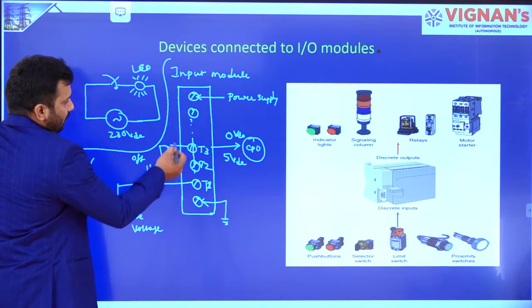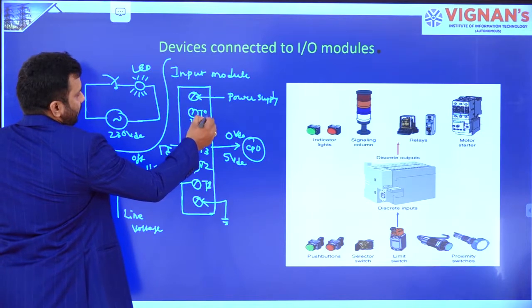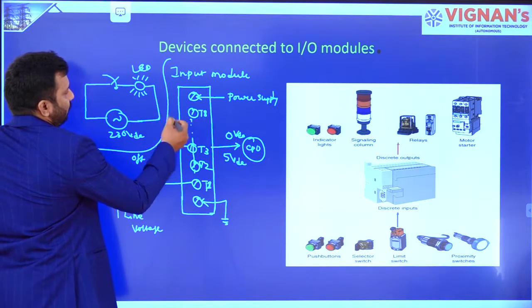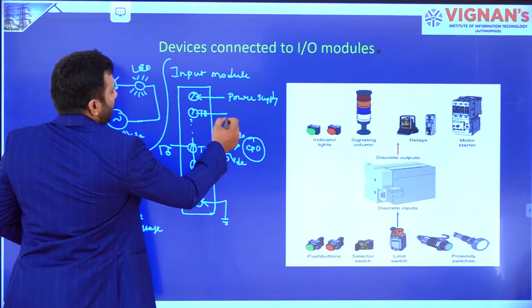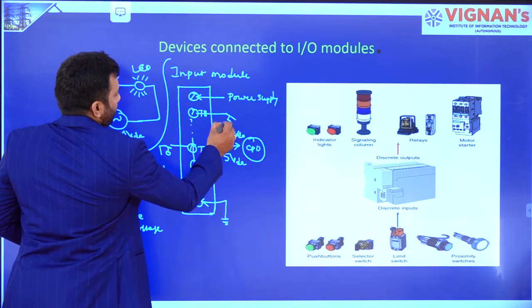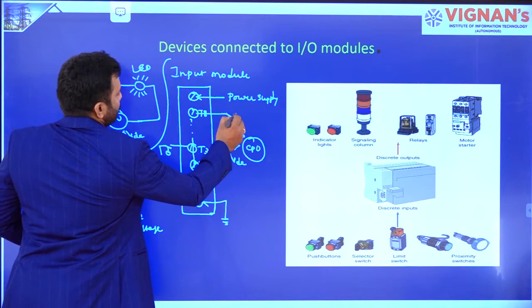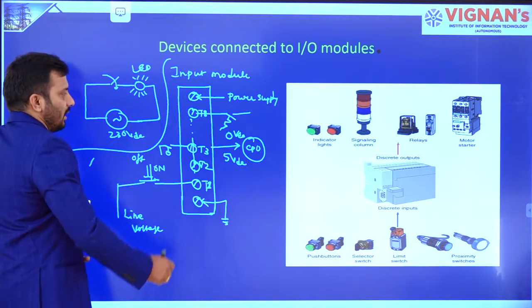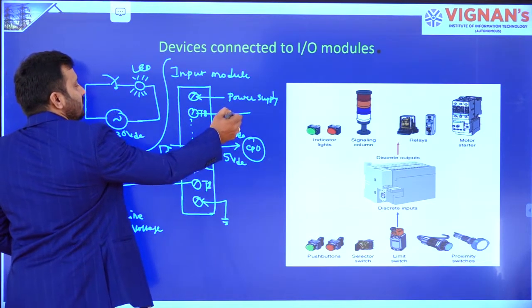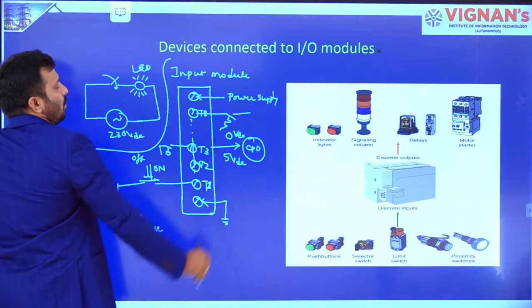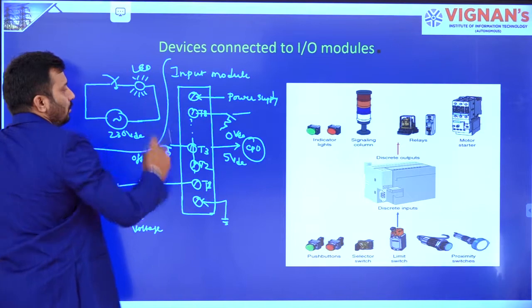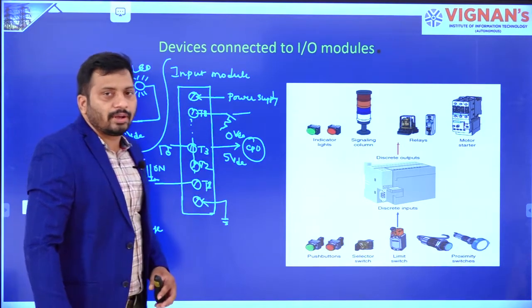Like that, any terminal. For example, this one is the 8th terminal. For this 8th terminal, for example, if you connect any temperature switch, right, then what will happen? If it is on, that means input is going to be there and output is going to be 5 volts DC. If it is 0, then output is going to become 0.